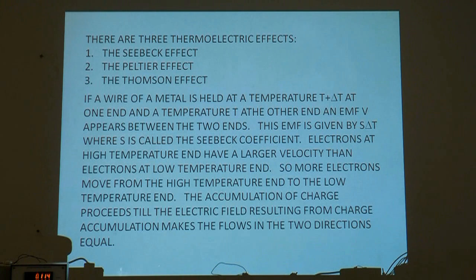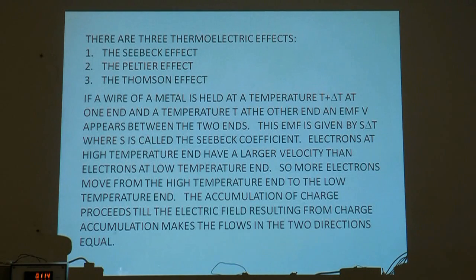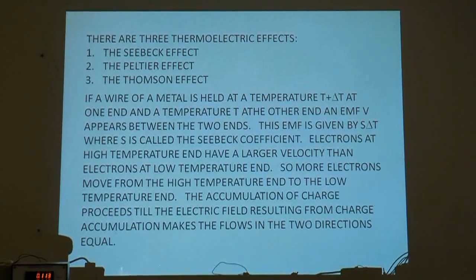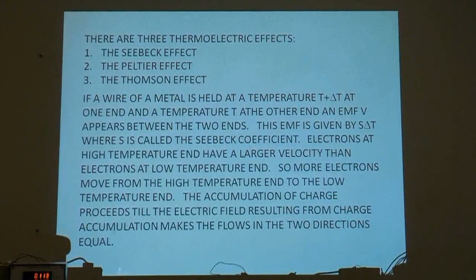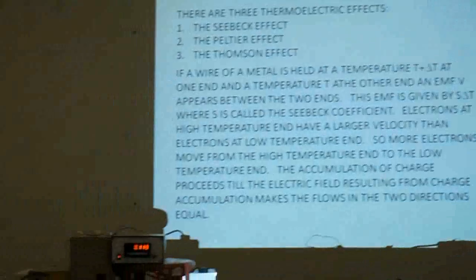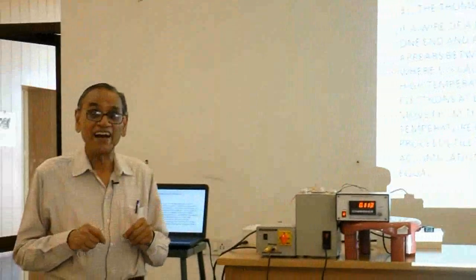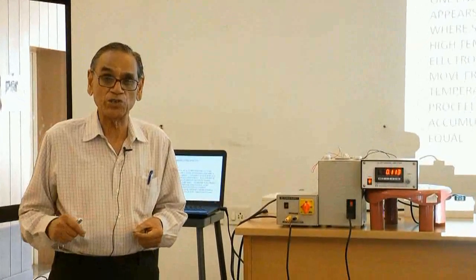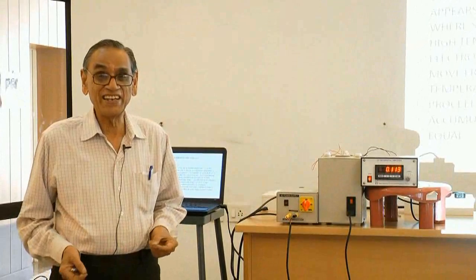So, there is an accumulation of electrons at the cold end and a depletion of electrons at the hot end. This produces a voltage difference and an electric field which opposes the motion of electrons from the hot to the cold end and aids the motion of electrons from the cold to the hot end,